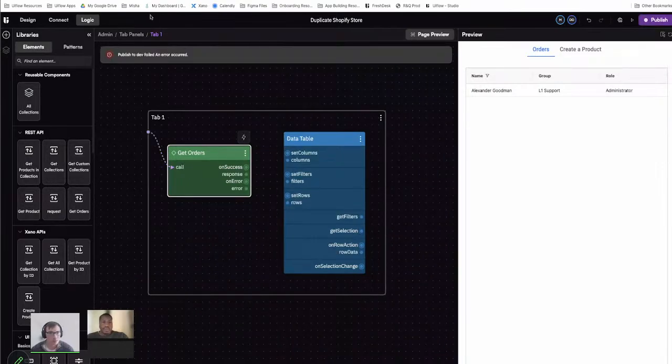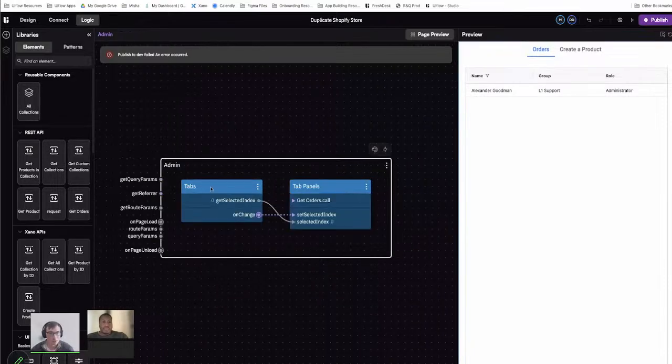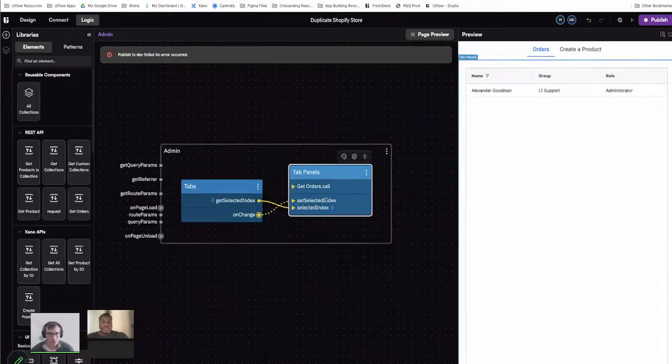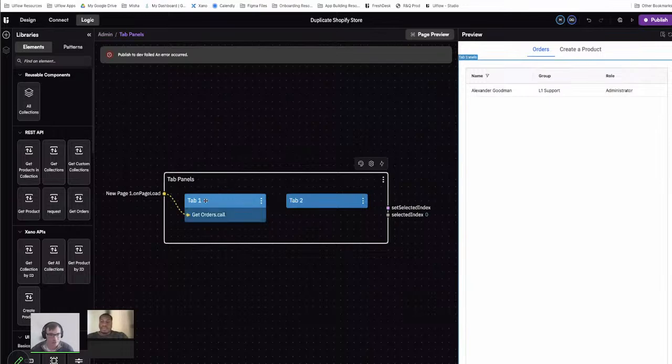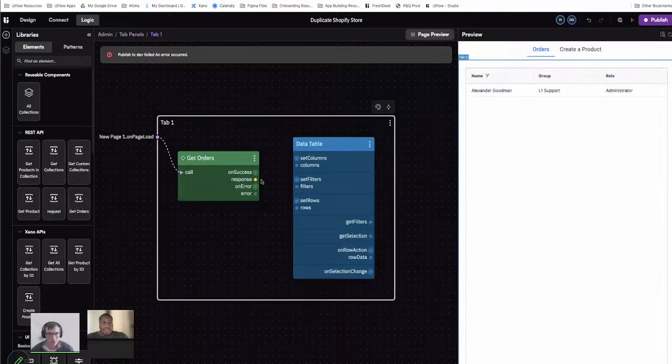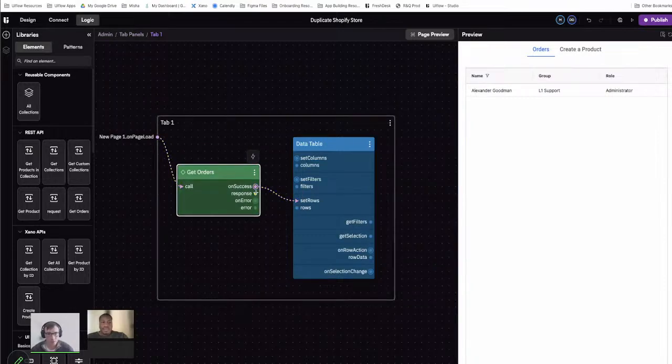And I'm going to expose this out. And then what we're going to say, just on page load, we're actually going to call our get orders because it's our first default tab. So I'm going to call this. And then on success, I want to set the rows of my data table. And I want the response to be the actual rows. So if I reload this now,